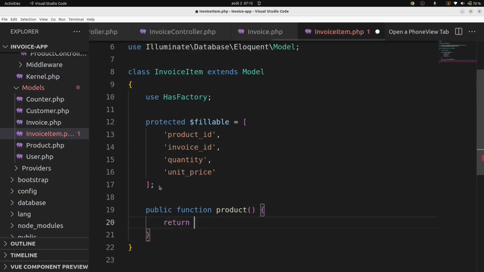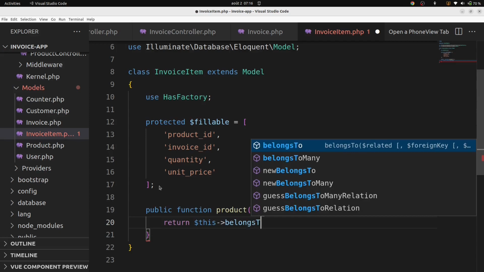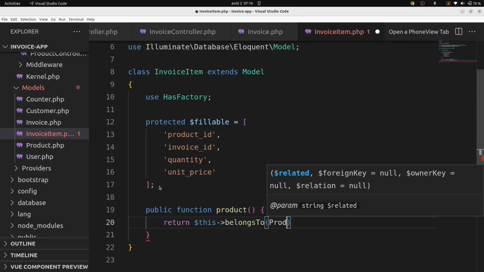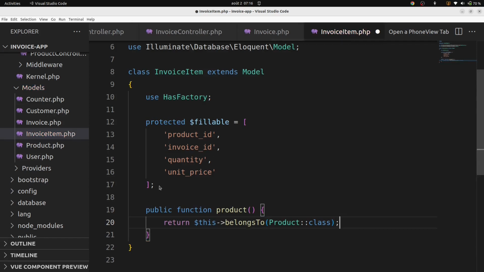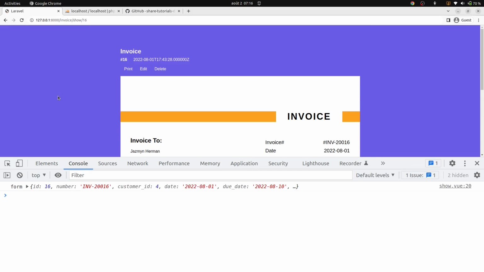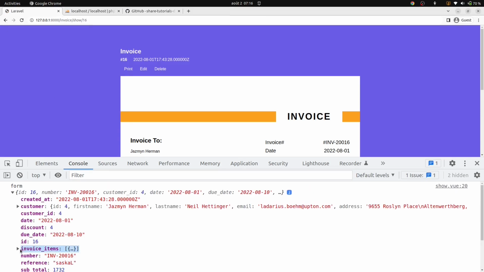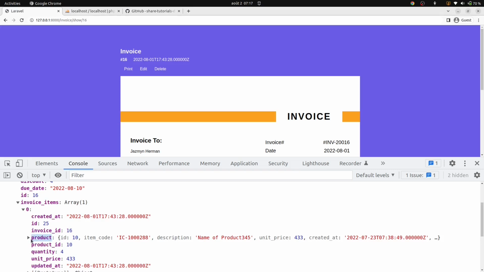Return this belongs to products class. Alright, right now go in our browser and verify now if our invoice items appear. Alright, and product also appears. Okay,